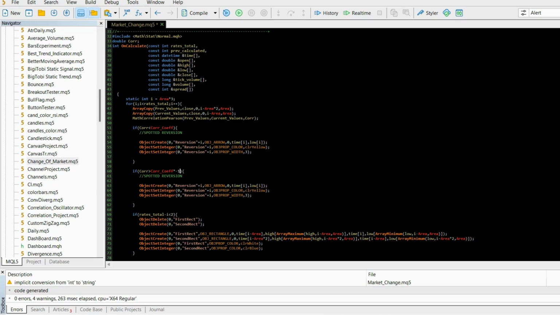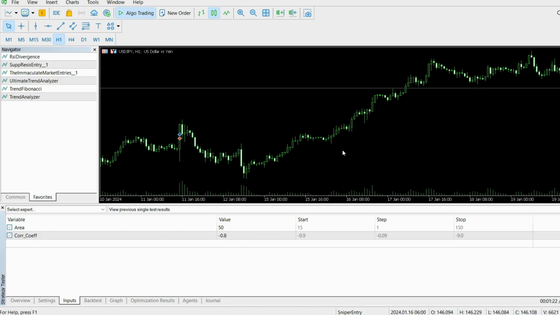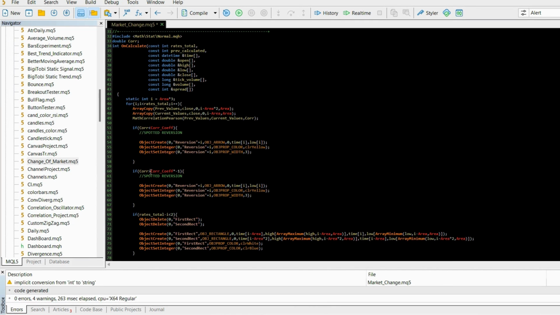But the idea behind this is that we want to be able to spot those movements when the market goes in one trend. Okay, so we want to spot not only the reversions like this, but the trend continuation movements as well. So this is all we have to do in order to catch those trend movements, and we will rename it just to say trend,